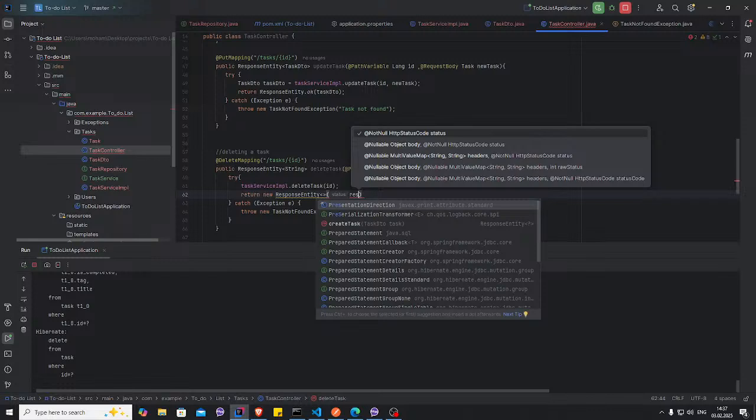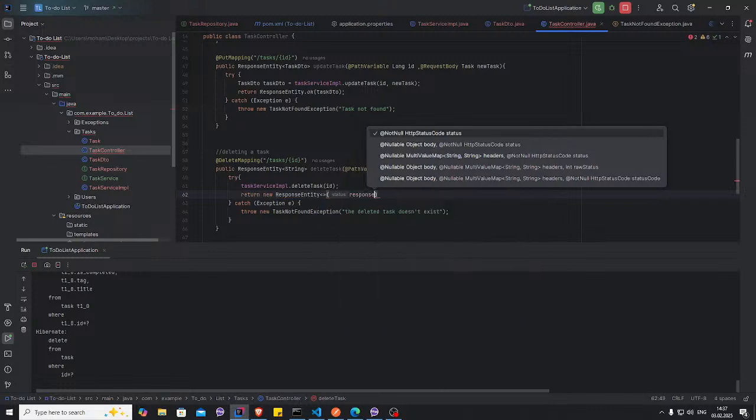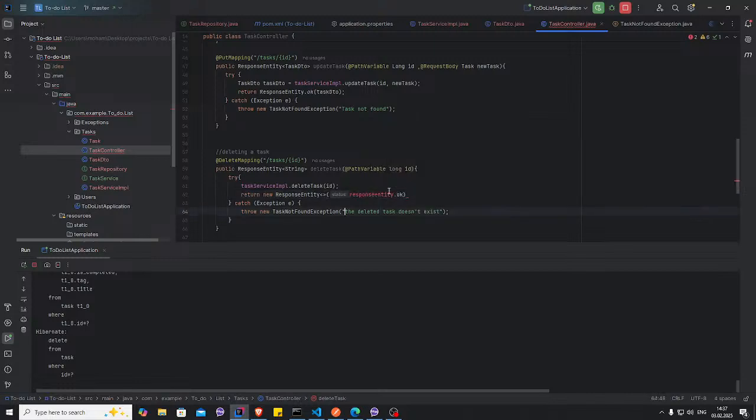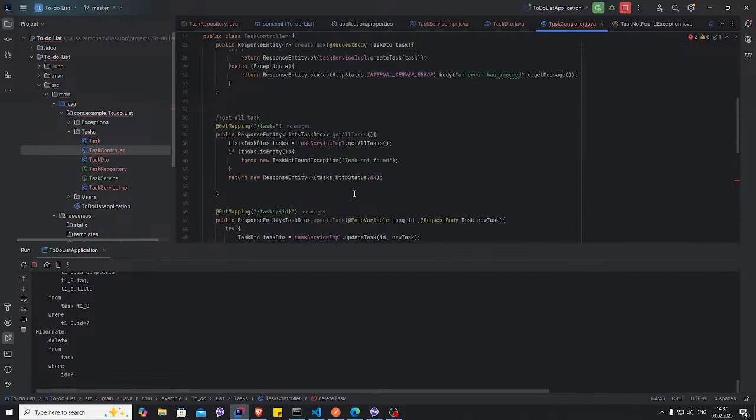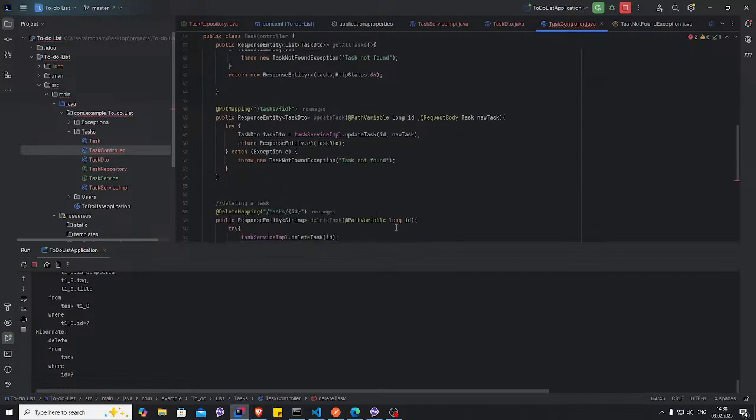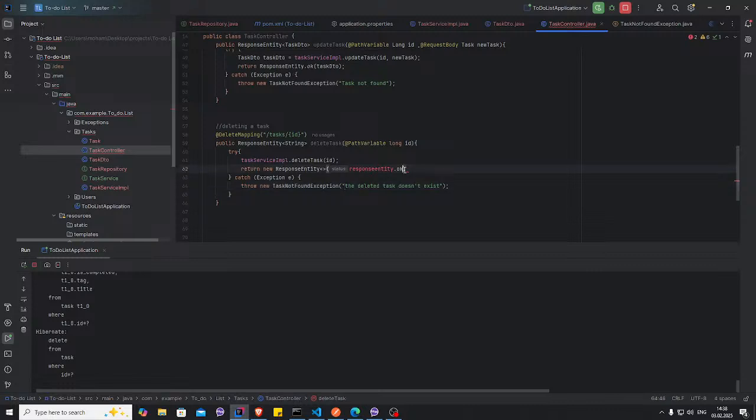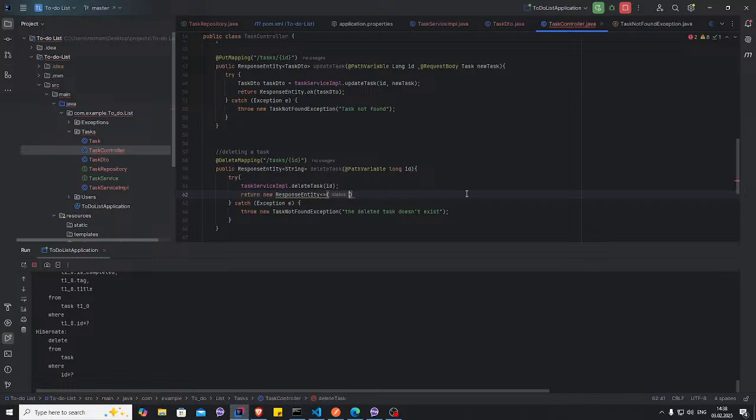Response entity dot okay. I seem to always forget. Okay, the status is in the second one. I was saying, but it showed me that no, the status is first. Anyway, so we'll have the message first here. Task deleted successfully,